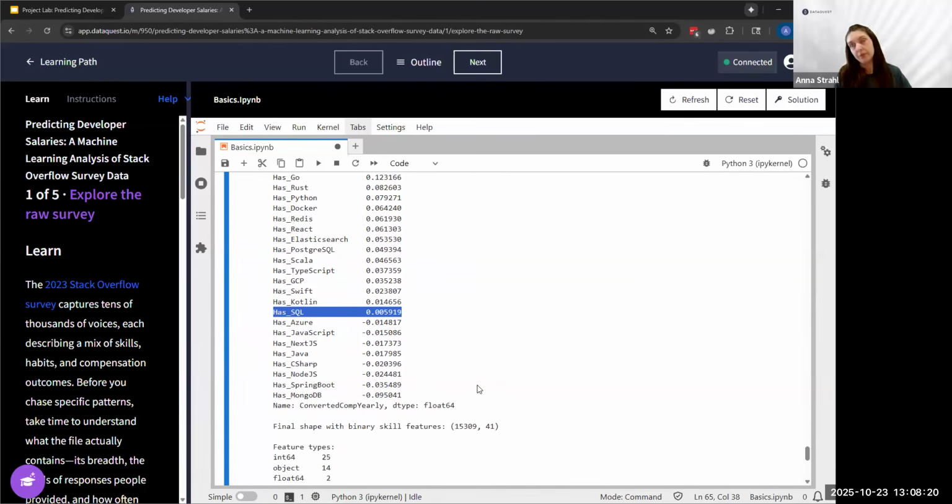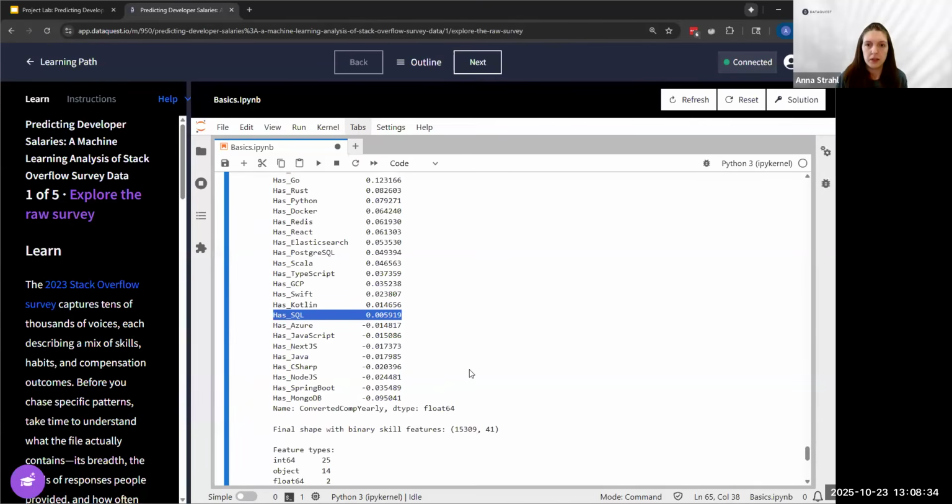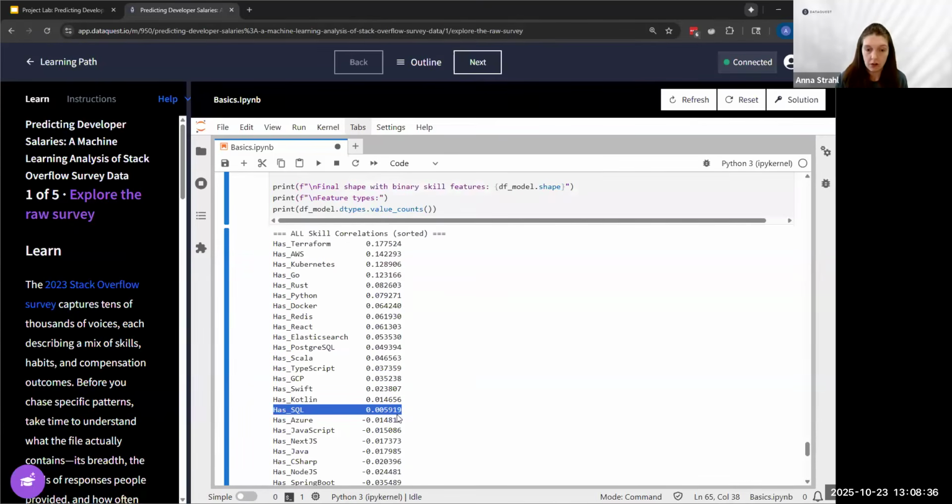But you don't necessarily need to remove or keep a feature, which is a column, just strictly based on correlation with the target variable. So I decided to keep all of these in my machine learning model because it does give our model a lot more information.